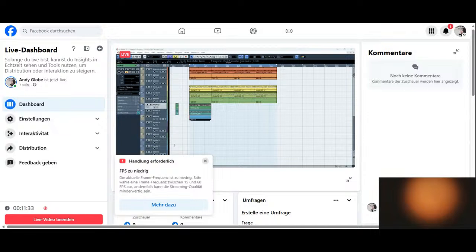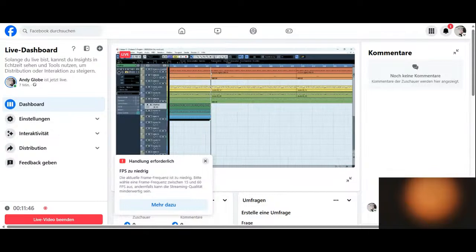Let's see about that. So we do a saving, but maybe we have a better sounding loop. So we will listen to the other ones as well to have a choice.